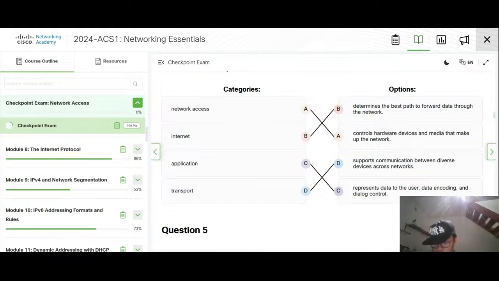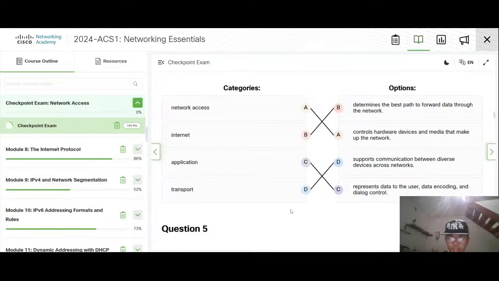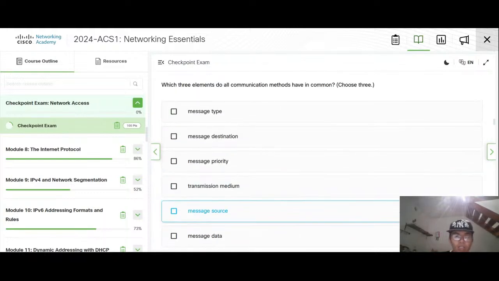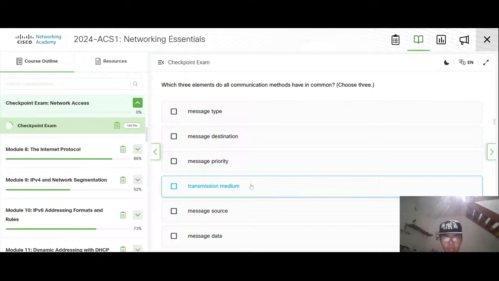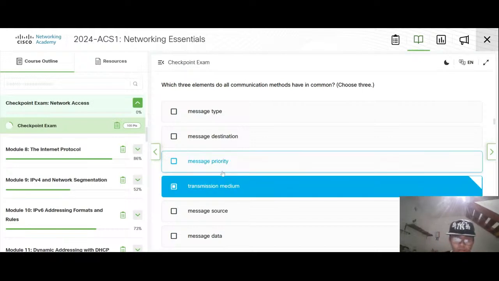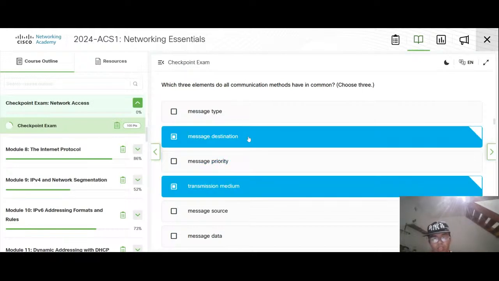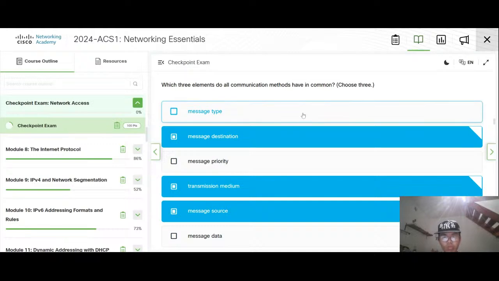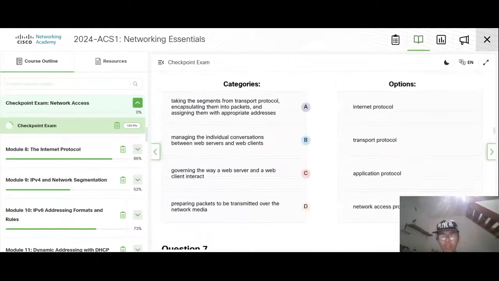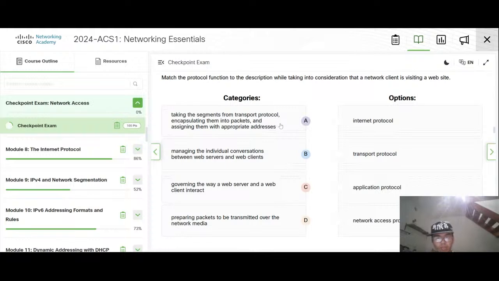These features are okay. We have transmission medium, of course. We have message destination, message source. Segment from transport protocol, encapsulating the packets and assigning appropriate address, which is the task of the application.